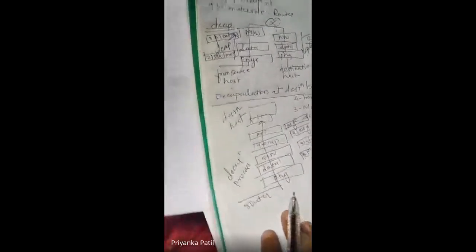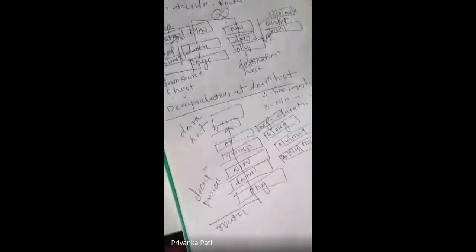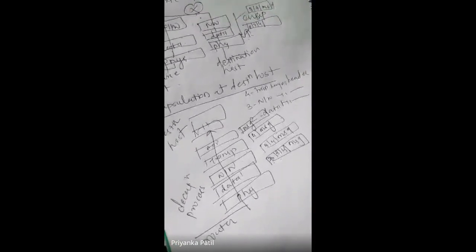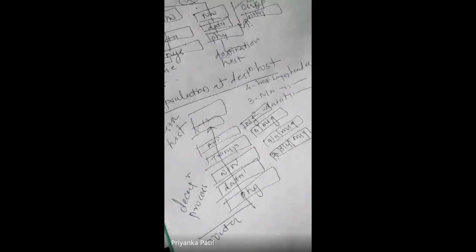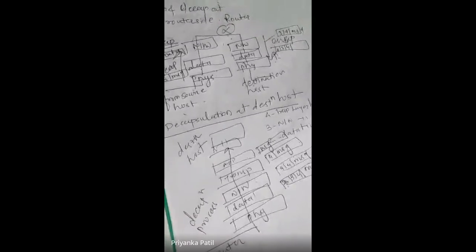Basically, at each layer, the payload is removed from the packet and delivered to the higher layer by removing the header information of each stage. So finally, after removing all the headers, the message is delivered to the application layer. It is important to note that error checking or error correction is involved in the process of decapsulation at the destination host. This is the process of encapsulation and decapsulation, which is used for network communication.